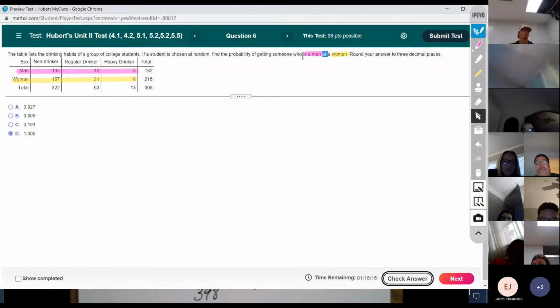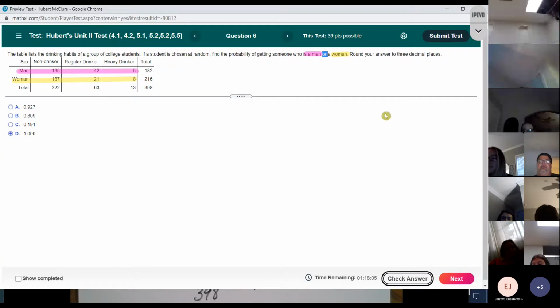And if you read, it says a man or a woman. That would make sense since it's a man and women. But I wasn't really looking at the categories when we started the problem. So